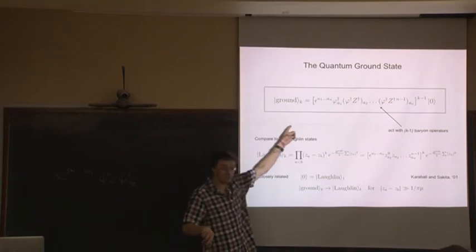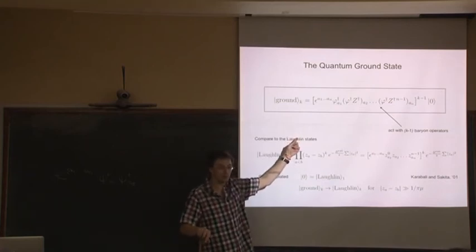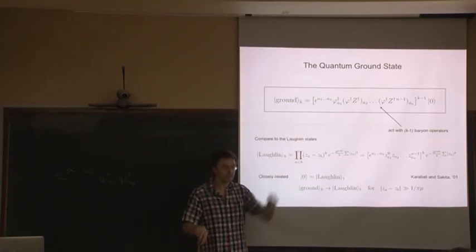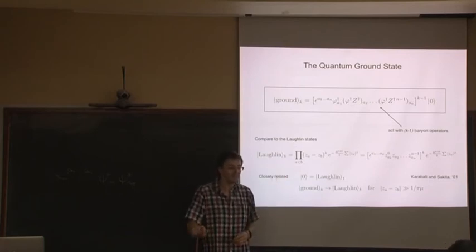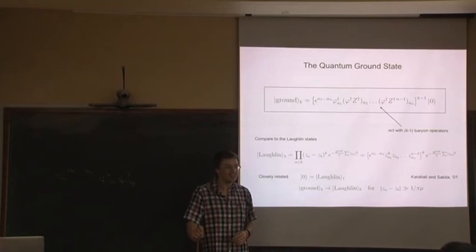If you compute the partition function of this, you get the partition function for a chiral boson, which you can also get from your Laughlin states because it's the thing that runs around the edge. So if you think of all the states living at the edge, it's not so clear. Okay.